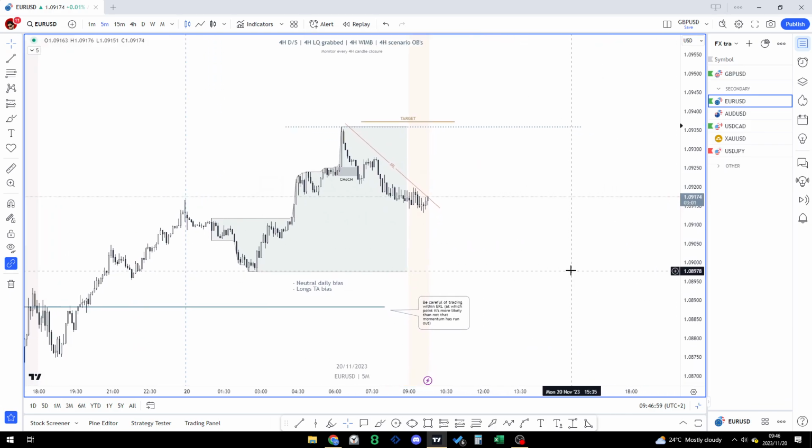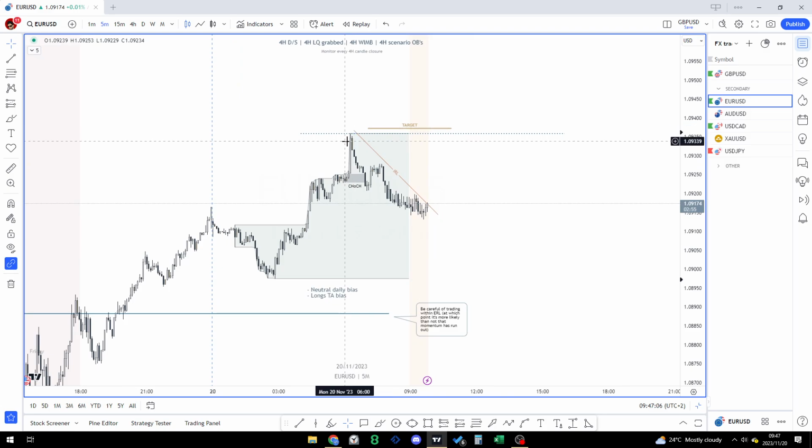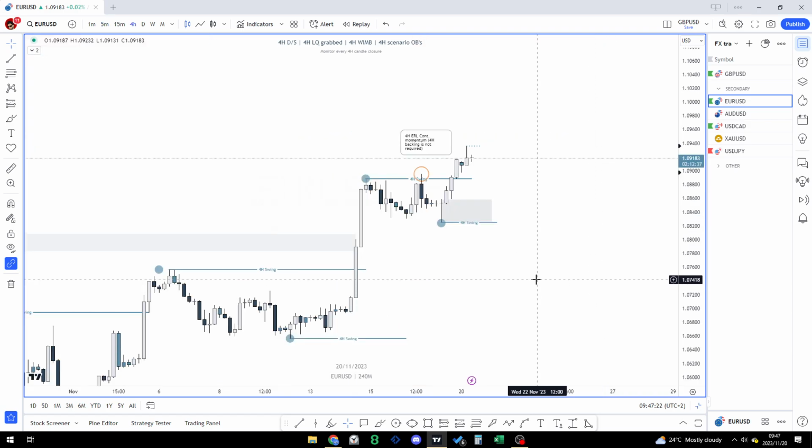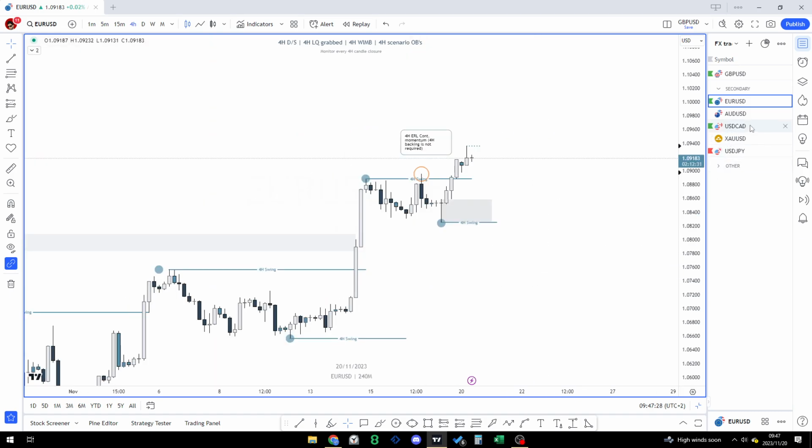However, before we can consider any trading opportunities, you need one side of the Asian range to be swept first. In this case, because the high of the Asian range is our target, we want the low of the Asian range to be swept first, and then for PA to develop to give us the entries that we are looking for. That's essentially EURUSD. I don't see any other way of trading it for today.